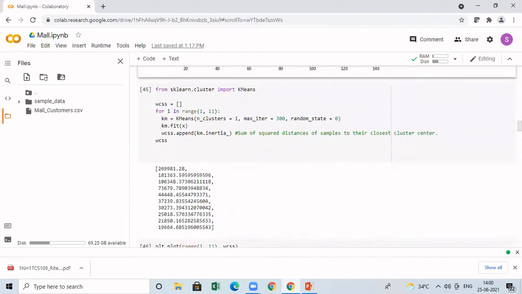Before applying the k-means clustering algorithm, I already told you that in case of k-means clustering algorithm, the main drawback is when you start the algorithm, you have to exactly give the value of k. That is nothing but number of clusters. How to identify the number of clusters? The method is called as elbow method. Elbow method is nothing but if you want to identify the optimal number of clusters in case of k-means clustering, you can use that method.